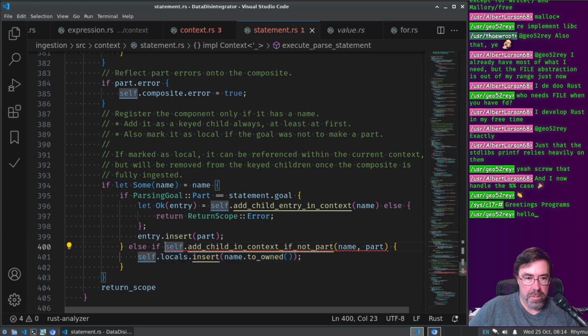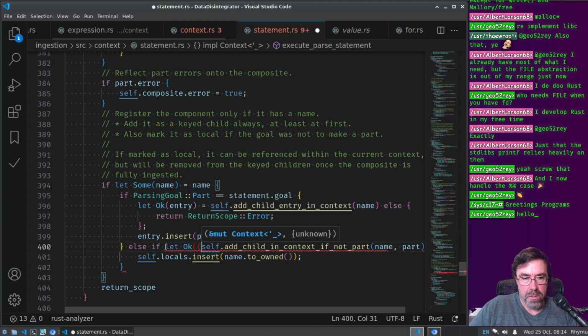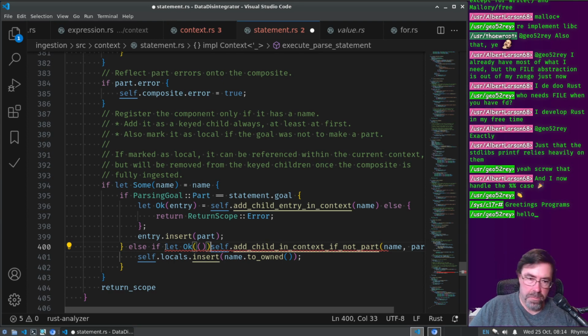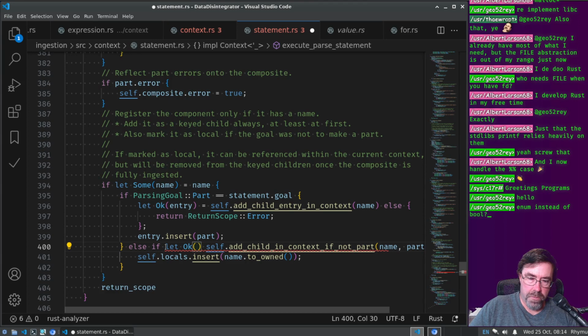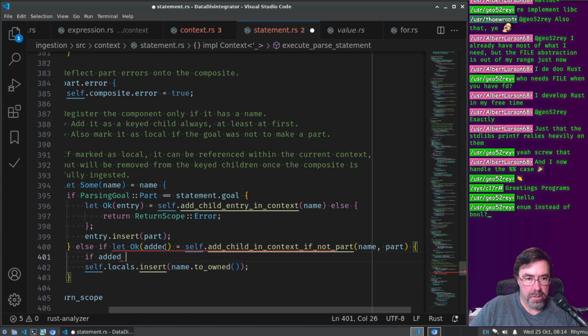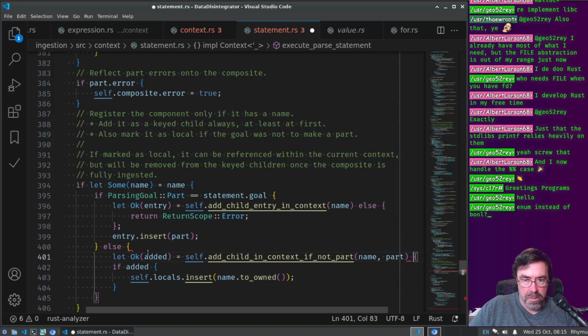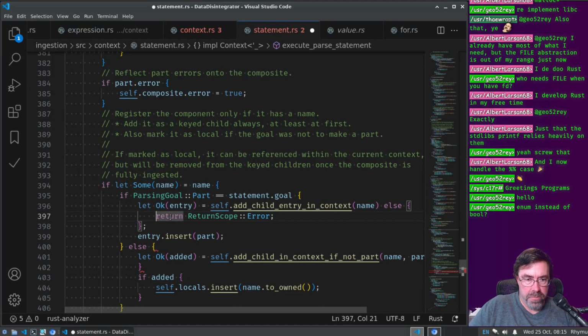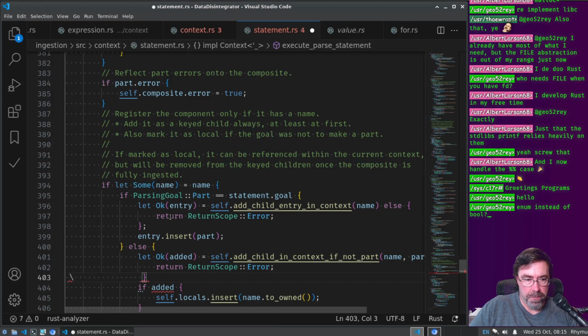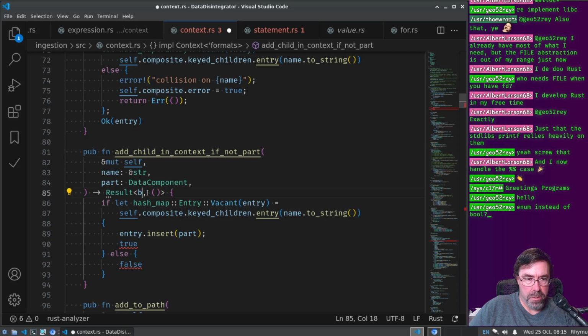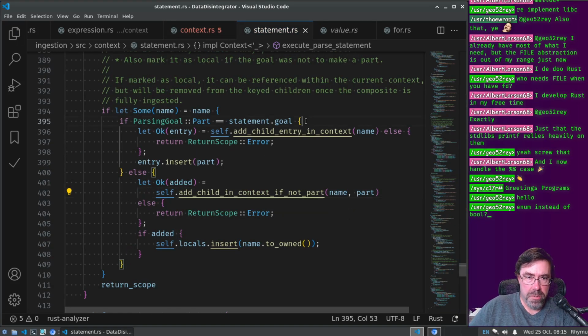Maybe. So then it would be like if let Ok found, well, inserted, added, if added. And then I got to turn this around, right? I have to say, let it be that, else it's a different kind of error. Well, we want to return the error scope, right? Okay. I think that's what I want. This has to do a bool then to make this work. So if our goal was to make a part, then we need to add a child entry in context and get an entry back to insert. Otherwise, it's an error. If add child in context if not part